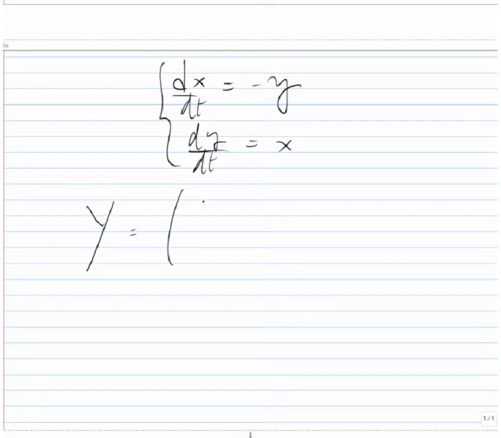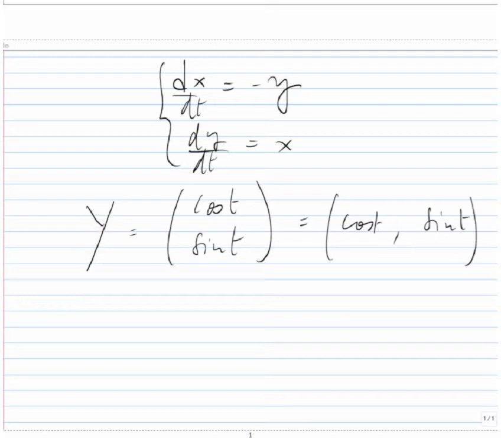The next problem deals with the numerical approximation Euler for systems, and the system was dx/dt equals negative y, dy/dt equals x. As you can see, this is a linear system, and you were given a solution which is cosine t, sine t, or cosine t, minus sine t. Either you take the vector or the matrix representation of the solutions. It's very, very easy to check that indeed you do have